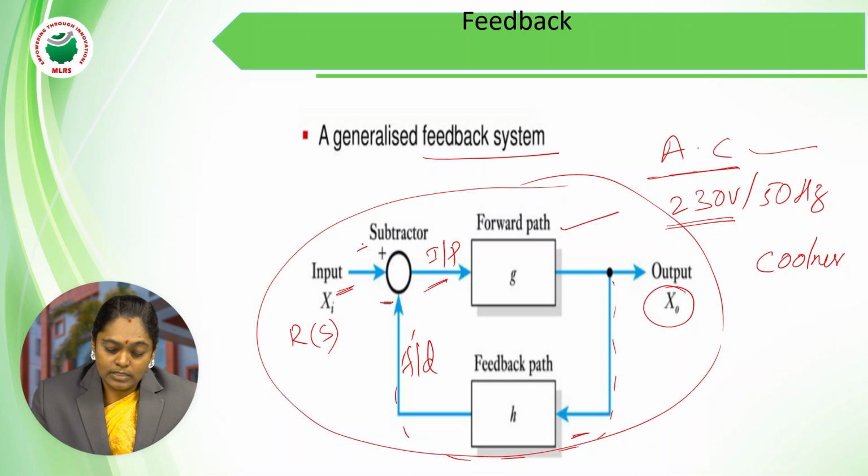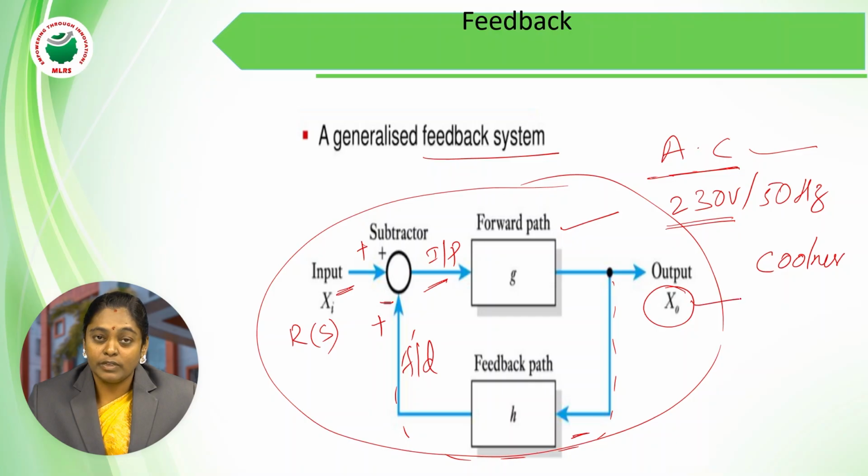If I am representing this as positive as well as this as positive, then it is called a summer. So this error signal may be used in order to increase the input for a particular block, or in order to reduce it. Depending upon the output we are getting, if we want to increase or decrease, this may be a summing point or a subtractor. Depending upon these positive and negative signs, we can say that this closed loop control system may be a positive feedback control system or a negative feedback control system.